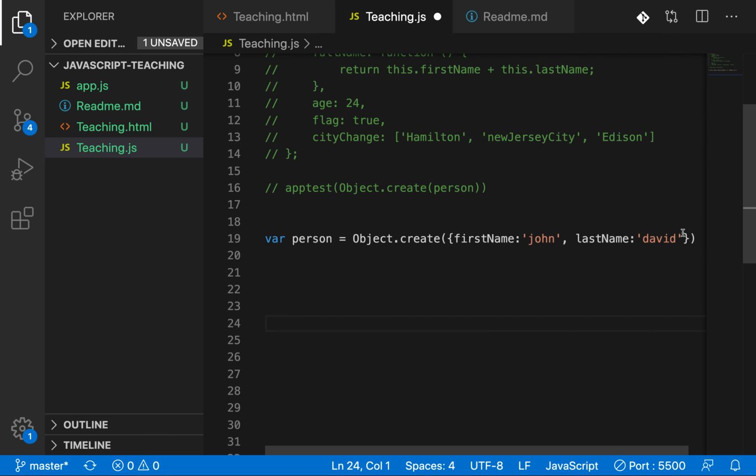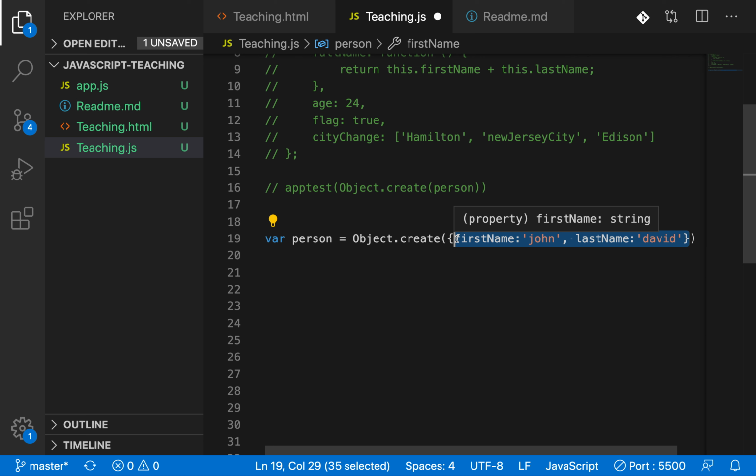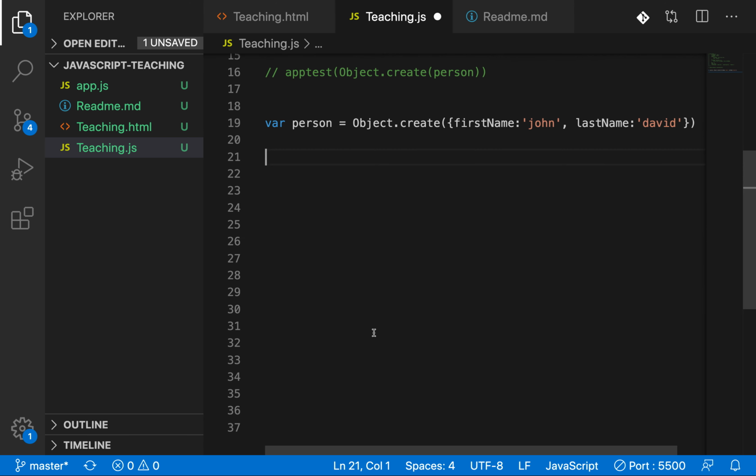The first argument takes any object, and whatever you define here is going to be available in the prototype object, not in the first object, but in the secondary object.